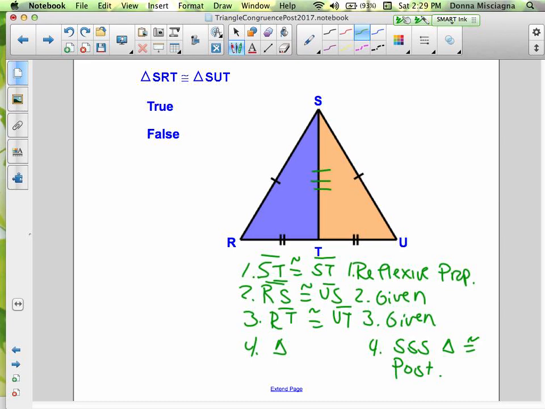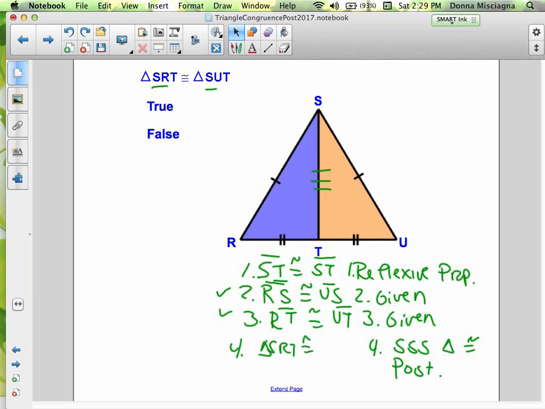All right, let's see if it's written correctly. SR with SU. And I wrote it the other way, but that's okay. RS and US is also fine. So that's good. We've got one statement named correctly in our label here. RT and UT match that one up correctly. And of course, ST has to go with ST. So that is correct, and that means our statement was correct. So triangle SRT is congruent to triangle SUT